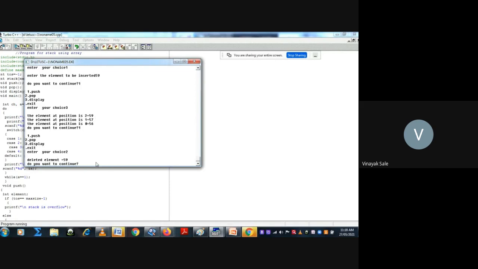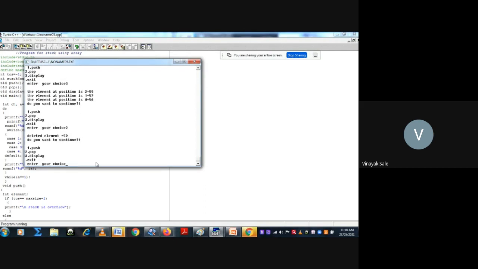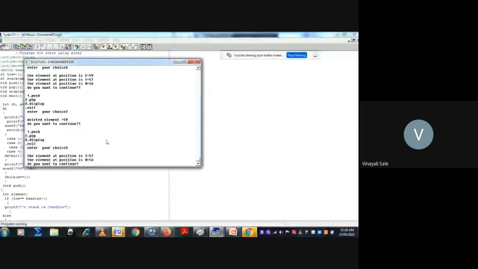So do you want to continue? Yes. I want to display elements. So select choice 3. Then see, this is the previous and this is now. Okay, this is the program code for stack using array. Suppose the stack becomes overflow,